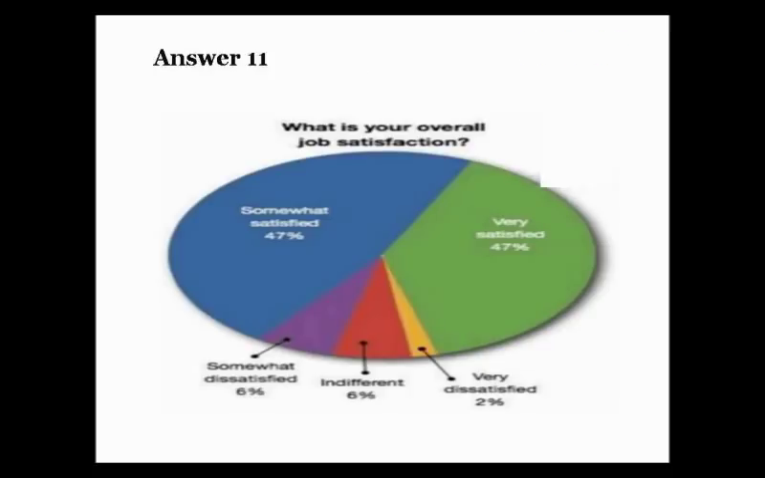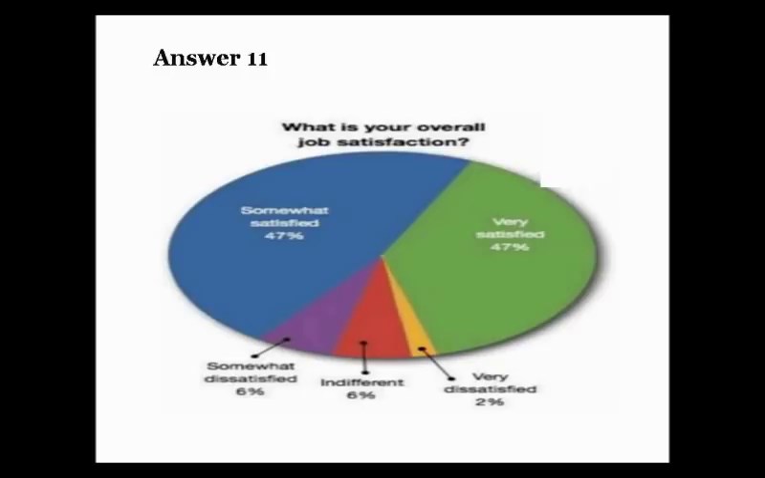The pie chart gives information about what is your overall job satisfaction. To begin with, we can see that there are categories in comparison, which are somewhat satisfied, somewhat dissatisfied, indifferent, very dissatisfied, and very satisfied. According to the graph, the largest proportion goes to both somewhat satisfied and very satisfied with